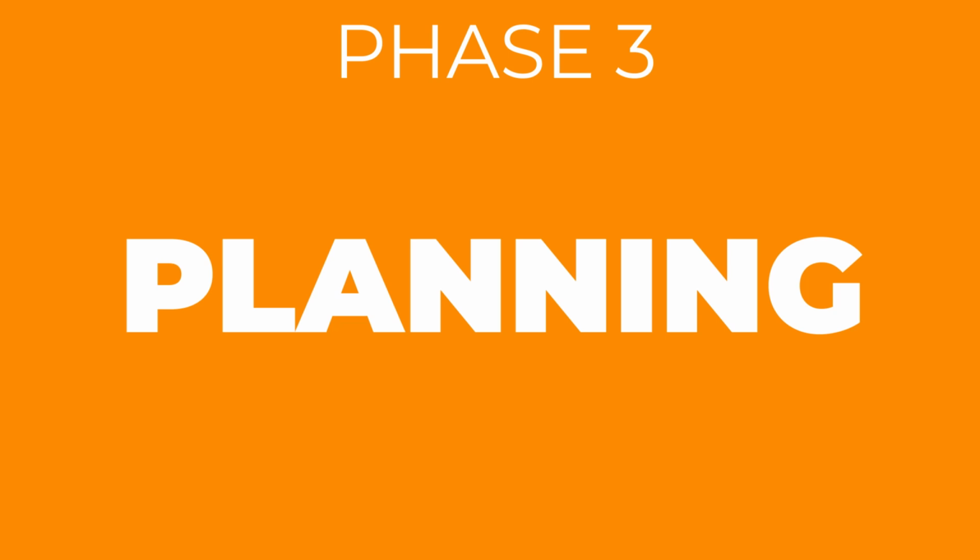Number 3. Develop the future state. Now we are entering the planning phase. When should you do this? After diagnosing the current state. Create a detailed plan for improvements using Kaizen events, VSM, and PDCA, Plan, Do, Check, Act, cycles. Map out the future state of processes, focusing on eliminating bottlenecks, reducing waste, standardizing routines, and streamlining workflows. Don't forget to define key performance indicators or KPIs to measure progress.